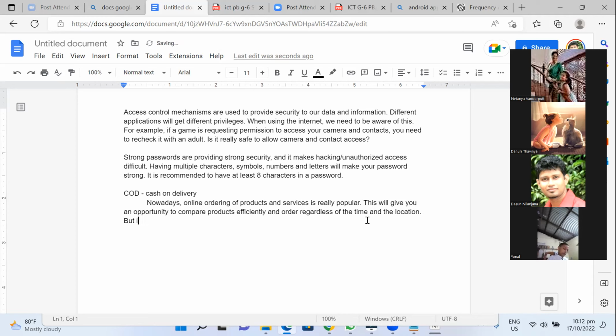But it is risky to provide our bank information and credit card details to unknown sites, unknown websites and apps.